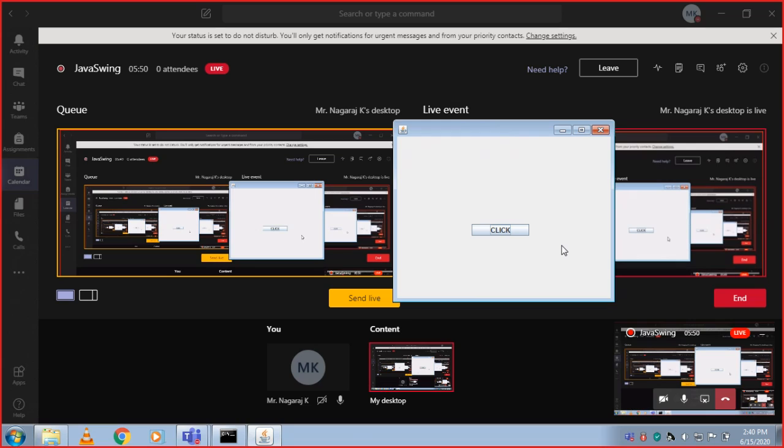And we have two very important features of Swing. Since we already had AWT, the Abstract Window Toolkit, and Swing is built on top of that, certainly Swing will have more advantages compared to AWT. The two very important features are that the components of Swing are lightweight, and that Swing supports pluggable look and feel. That is another important thing.